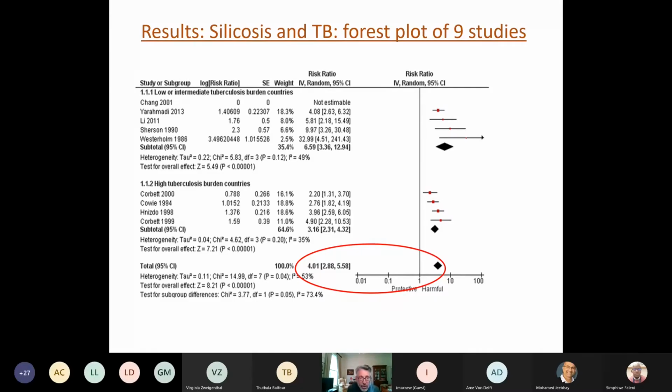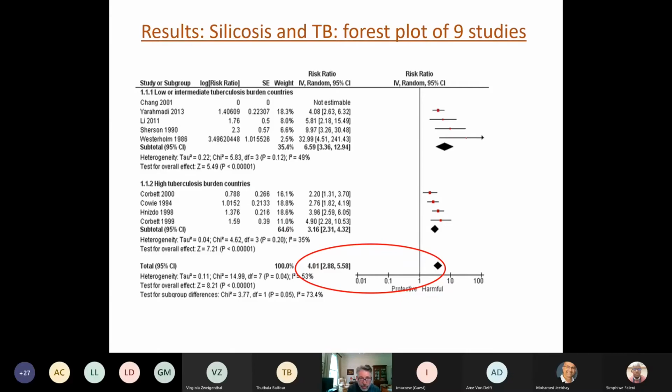There was one strong outlier study, the Swedish study by Westerholm, 1986, which also had other methodological problems. It had a relative risk of 33. If one excludes that study, it's not shown here, but the meta-analytic relative risk falls to about 3.7, and the I-squared to about 45%. So there's a moderate reduction in I-squared.